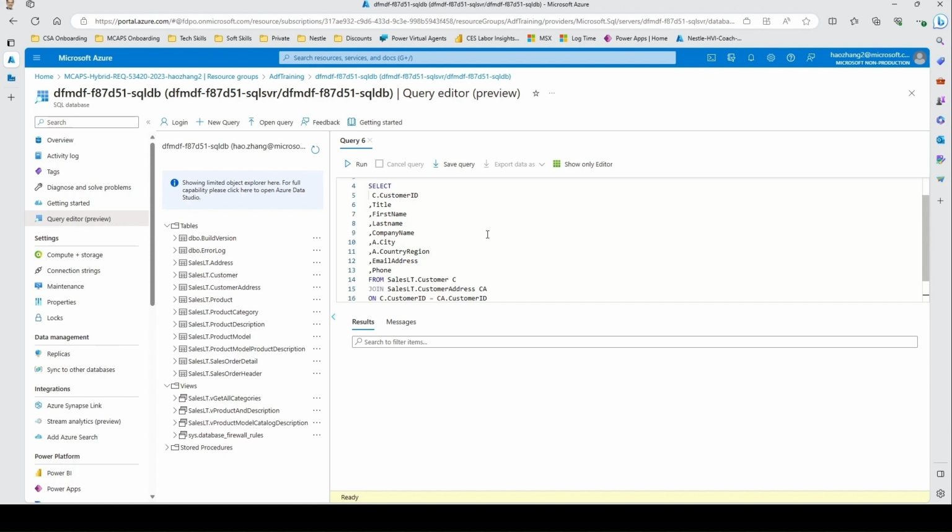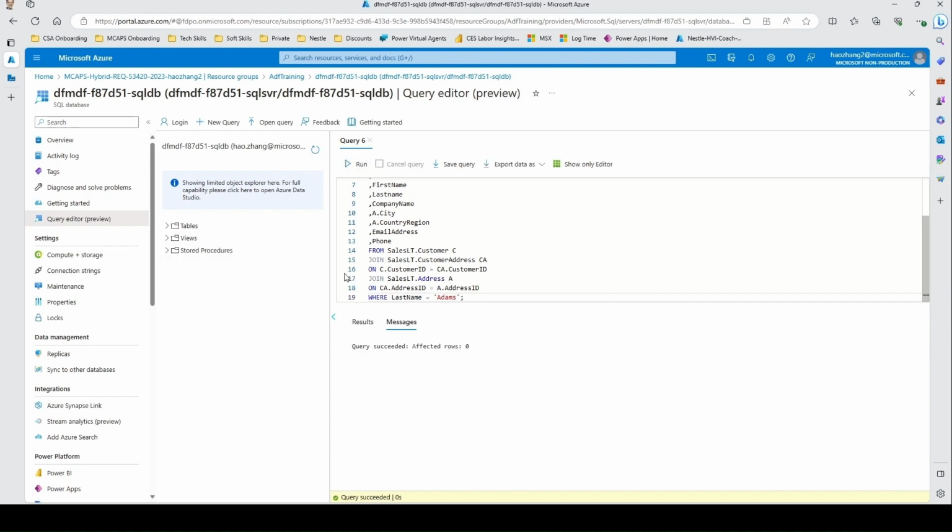This one is a joined result set from the customer table to the customer address table and again to the address table, so that in the final result, you will be able to see the customer information and their address information. And here in the where clause, I'm limiting the final result set to only those customers with the last name equals Adams. So let's run this query